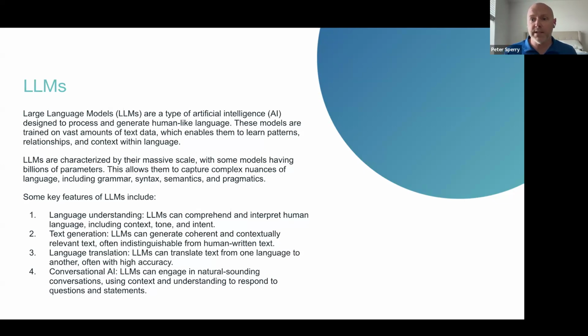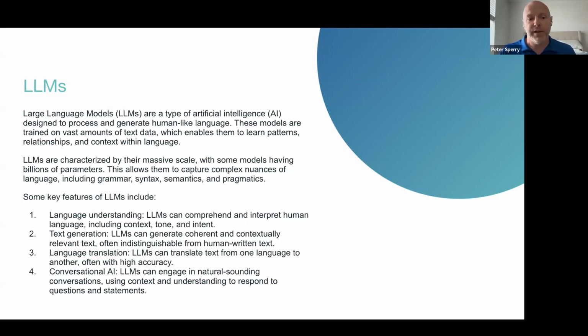So right now in the United States, it's estimated that by the year 2032, there will not be enough energy production in this country to fuel the needs of training large language models and training AI. That's how expensive and how expansive the training of these models are. Some of these models, Facebook Meta, for example, has multiple models, and they are trained on billions of parameters. And what it does is it allows them to capture things like nuances of language and sarcasm, humor, grammar, syntax, semantics, and then how we put sentences together.